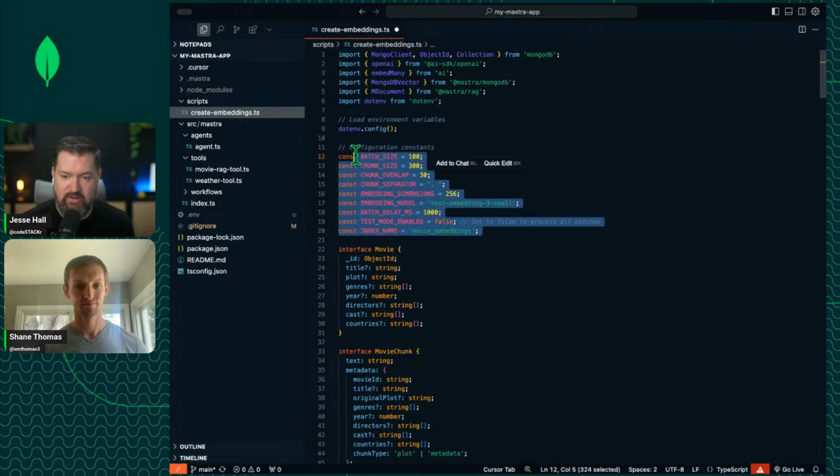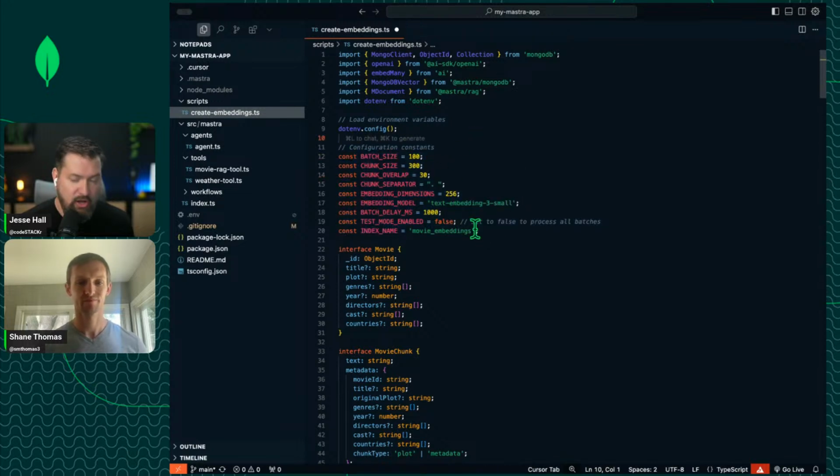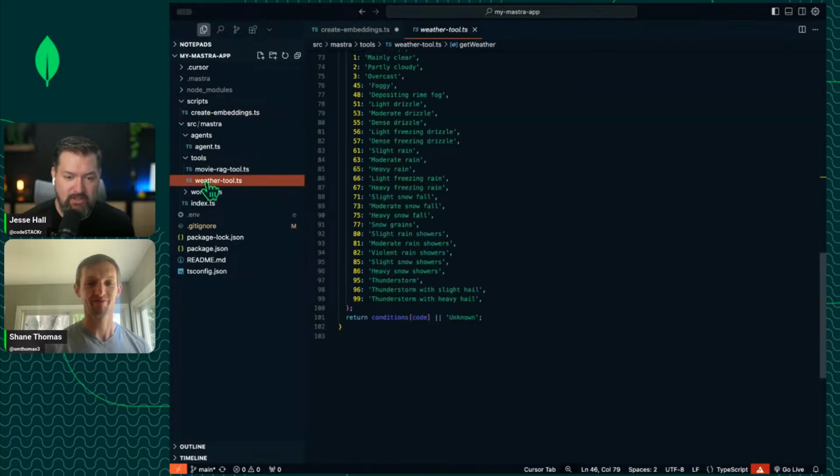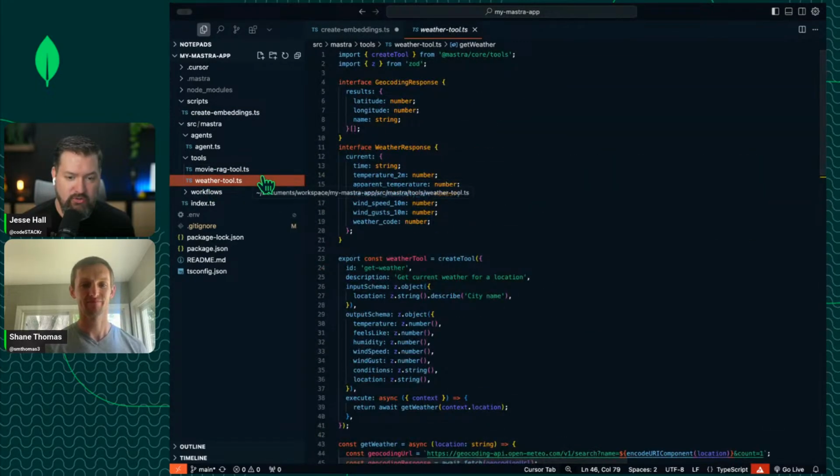And then this is just where I defined, these are basically all of the knobs that you can dial here at the top of this file. Yeah, there's only a few. So let's go. We looked at this weather tool in the original demo, and that's still in this